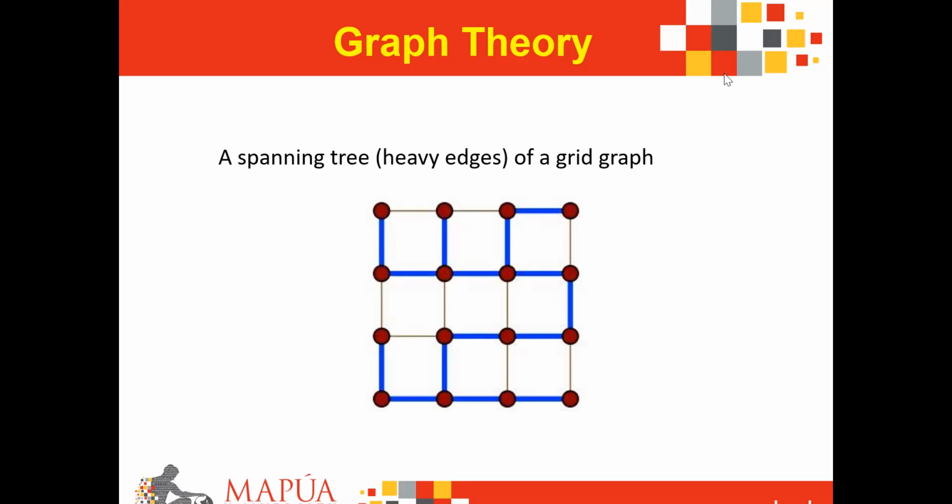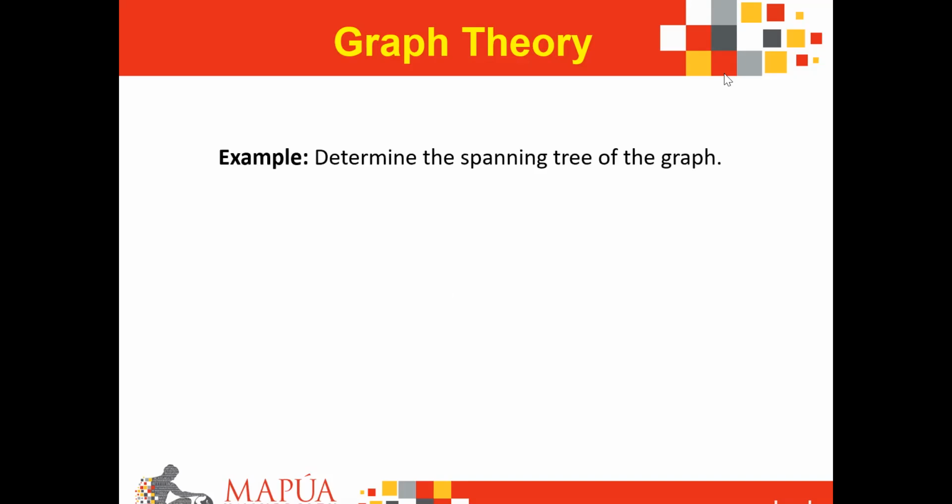Note that it contains the minimum number of edges that are present in your graph to connect every vertex seen on your given graph. Hence, if you're given a graph like this, and if you're asked to determine its spanning tree, you can only make use of edges that are present on this graph and form a corresponding tree that will allow you to connect every vertex seen on this graph. Note, not all edges are eventually used on your given spanning tree. So, you simply remove some edges and determine the minimum number of edges that will be able to interconnect all of these corresponding vertices,